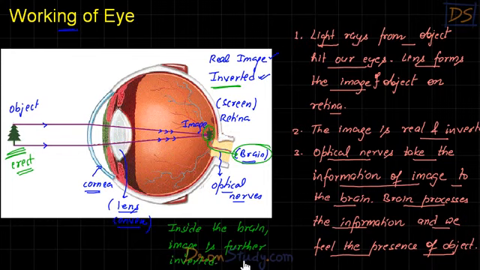So what will happen now? Inside the brain, this image will be further inverted, and if it is further inverted, it will become erect. And we'll see an erect object. Right, students? So you're getting the point. Fine. Okay. So this is the basic working of eye, students, and I also must tell you one more thing here,